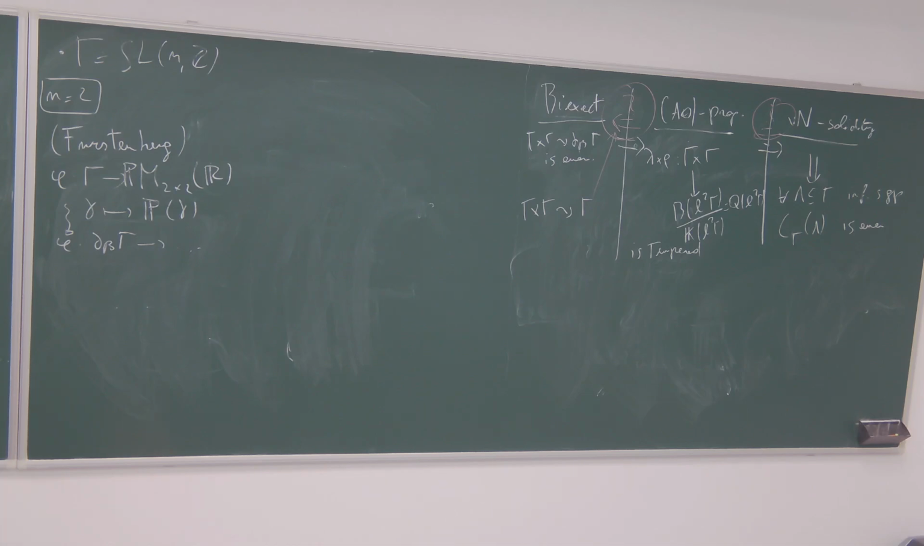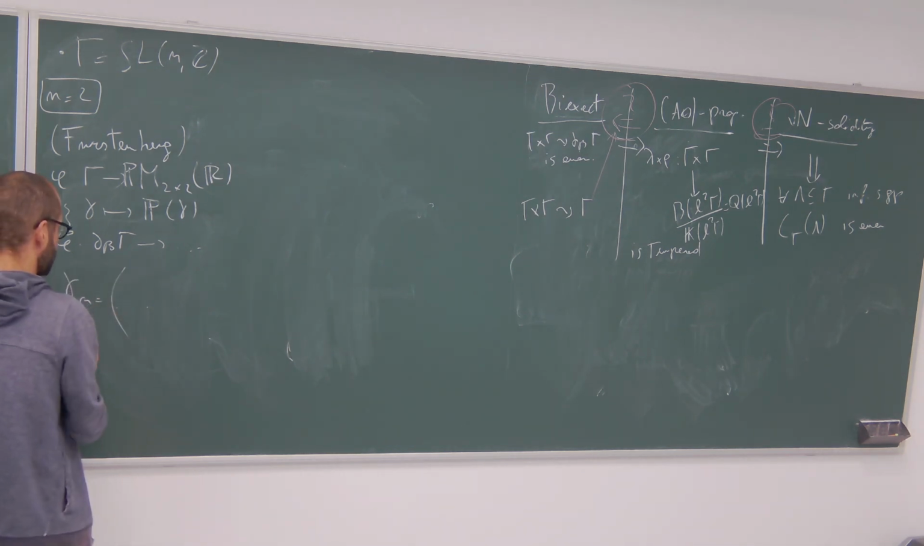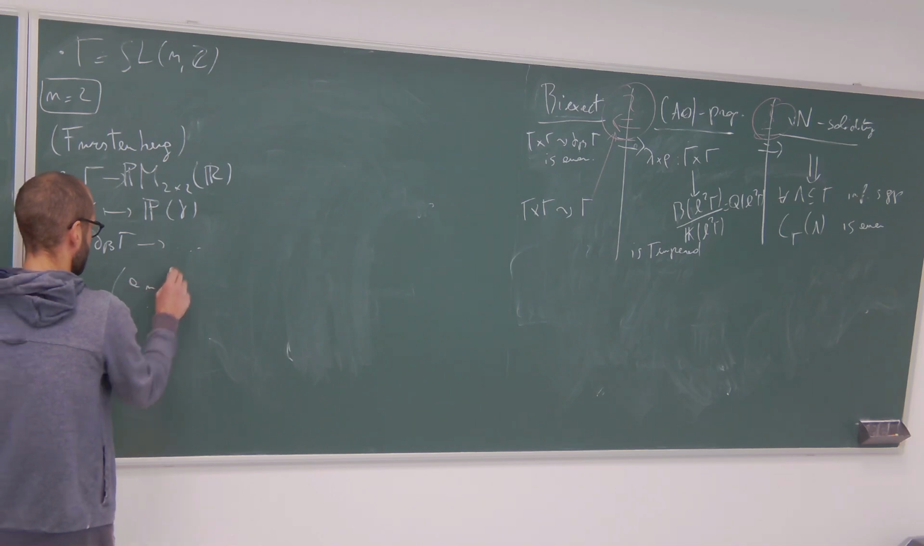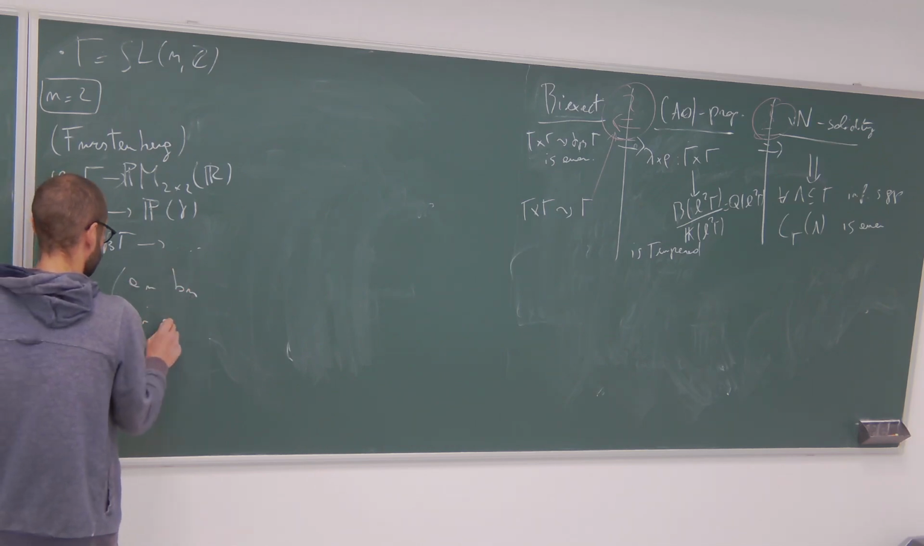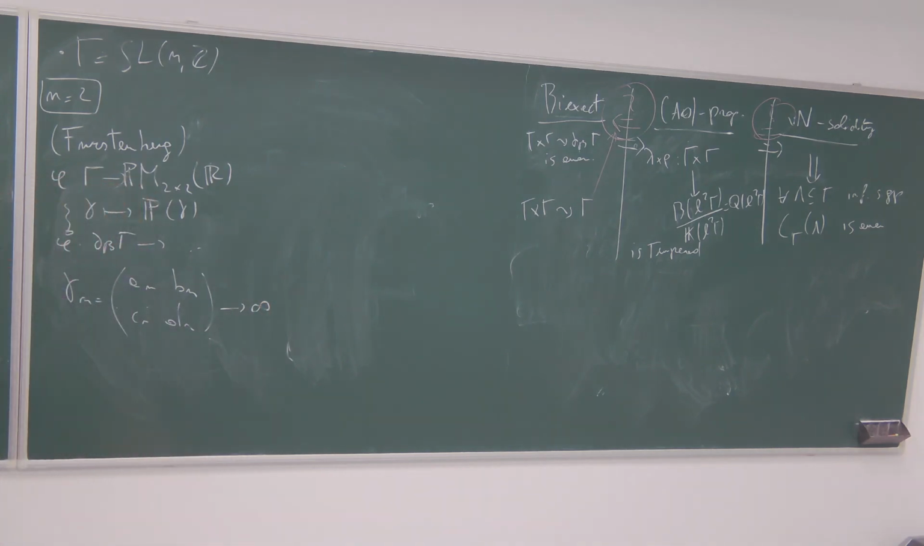Now this means if you have the range that is separable and so on, what you want to understand is really if you have gamma n, a sequence of elements in this group, and suppose that this sequence goes to infinity. Now the argument by